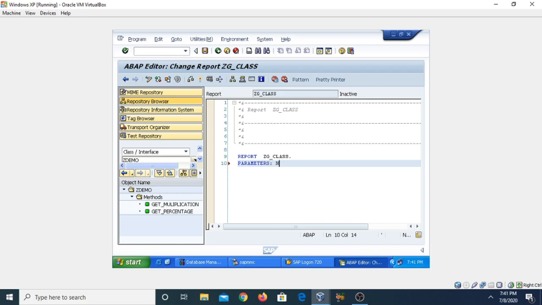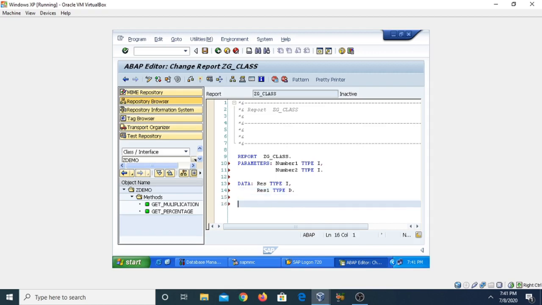So this is the first parameter. I am going to assign number 1, and the type is integer. Similarly, we can give another actual parameter, number 2, and the type is integer. Now this was for the multiplication purpose. If you want to calculate the percentage, we can create the data object. The first one is res, type integer, and similarly you can create another result variable, in which you want to get the result of the multiplication as well as the decimal percentage.